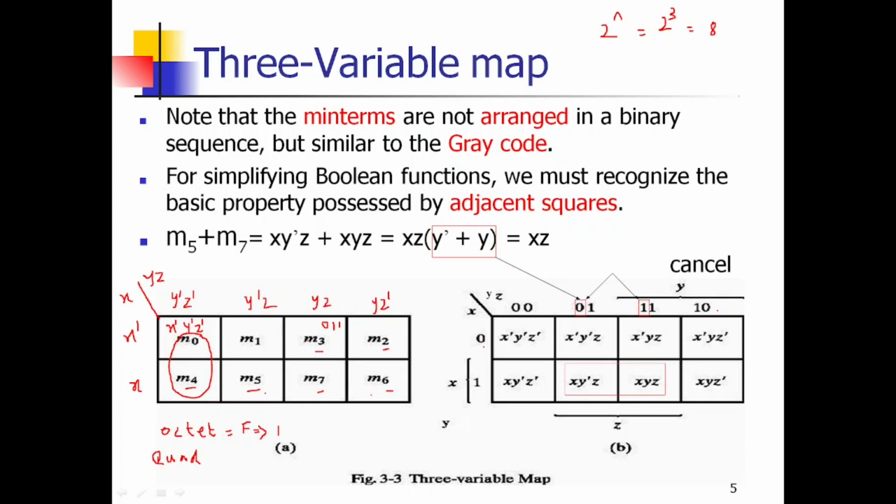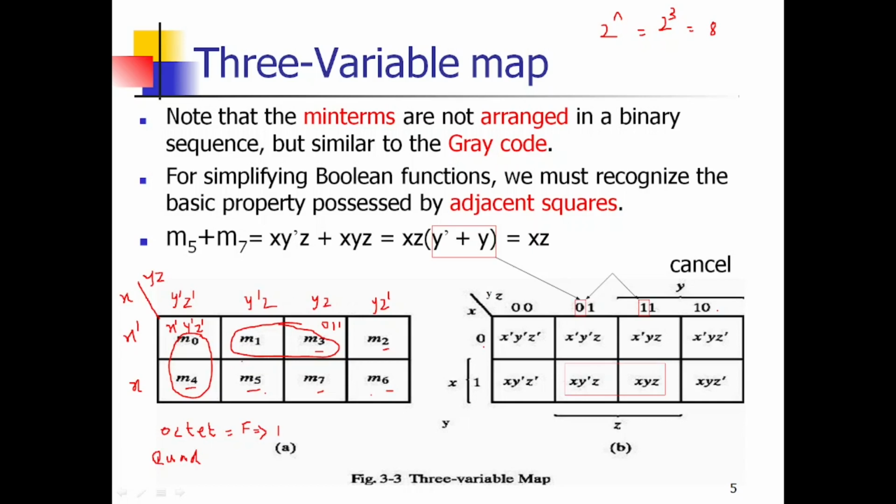Okay, if we are having a pair here, this have to be folded, m3 fold in such a way that m3 have to sit on m1, or you can say m1 have to sit on m3. For this, here the two columns consist of the different variables y dash and y, so y dash plus y becomes 1 and remaining is z. So in the column we are having z variable, in the row we are having x dash. So x dash z is the term to be obtained for this pair,